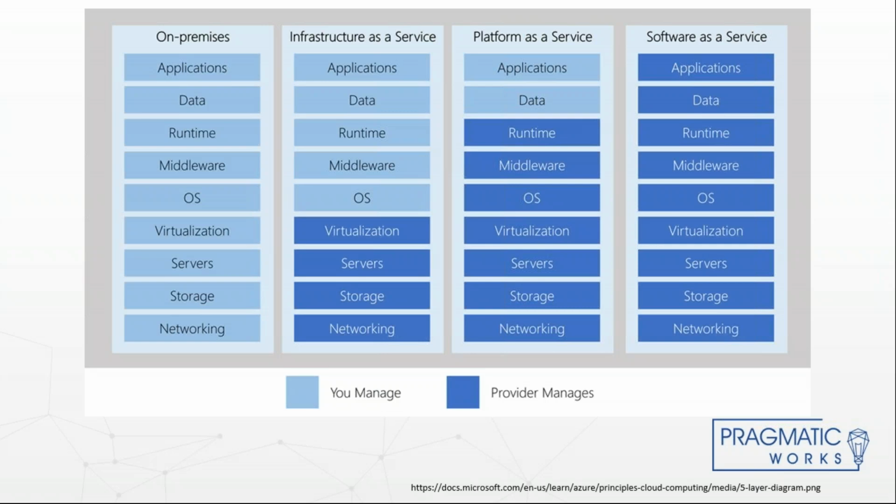One of the biggest benefits to using infrastructure and platform as services is the scalability. You can easily spin up hundreds of servers in a matter of minutes to deal with a surge of demand, or add more storage, or more memory, or complete network configurations. And when we're talking about software as a service, if your organization has taken on something like Office 365, well, now you don't have to worry about going to each of those computers and installing Office, or even doing it through deployment kits. It's just the user logs in, they go to the website, they have the ability to create documents, spreadsheets, databases, publications.